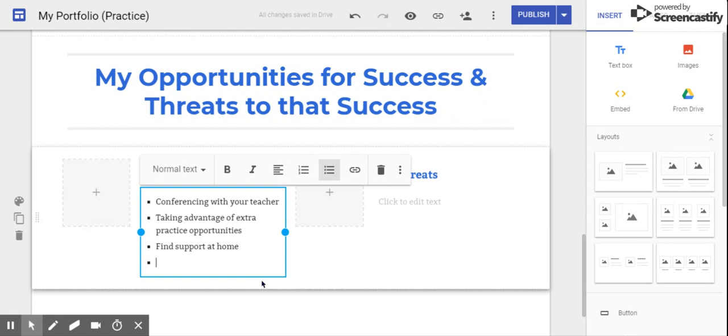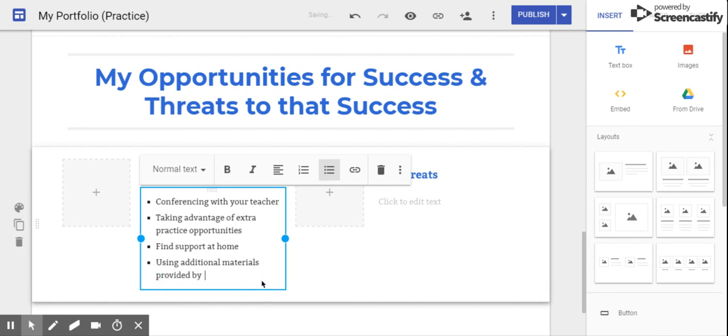Another thing that would work as an opportunity could be using additional materials provided by teachers. A lot of times when we build whatever it is that you are going to be using or doing online, we provide additional materials that you could use or additional resources that would help you to take your skills to the next level. So that's a really good idea.